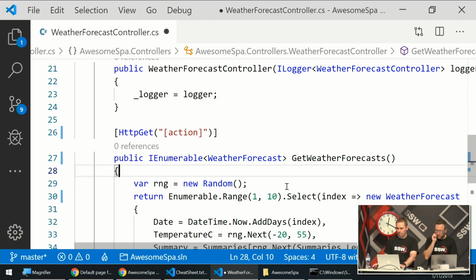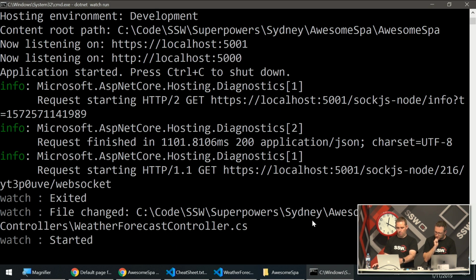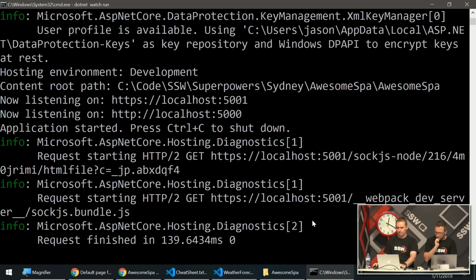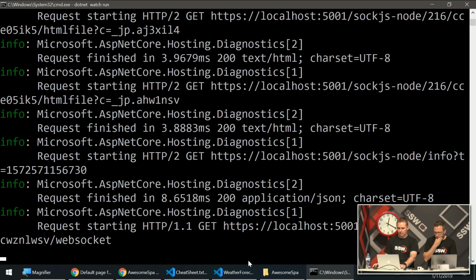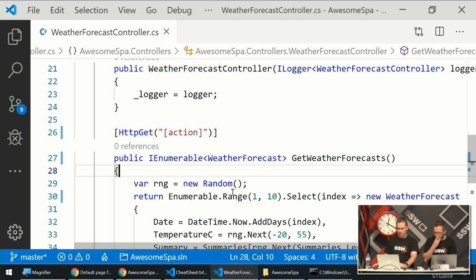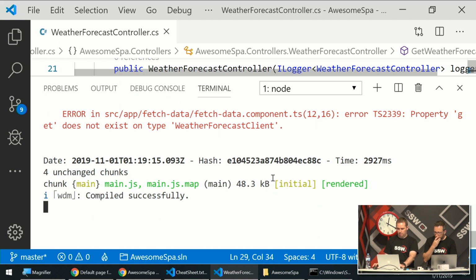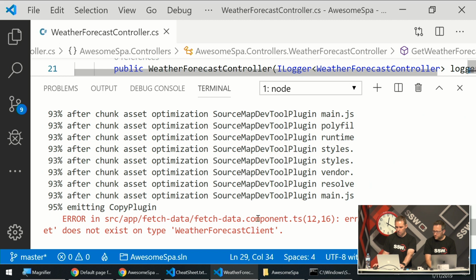If we save those changes, our backend here has detected the change. It's restarting Kestrel, and you don't see it, but it's also running that MSBuild task that we created. And so that's finished. Then over here on the front end, it's also going to rebuild the Angular app. The reason for that is because it regenerated AwesomeAPI.TypeScript. Angular detected that change, rebuilt that, and now it's seeing, oh, there's an error. So I can actually control click on,